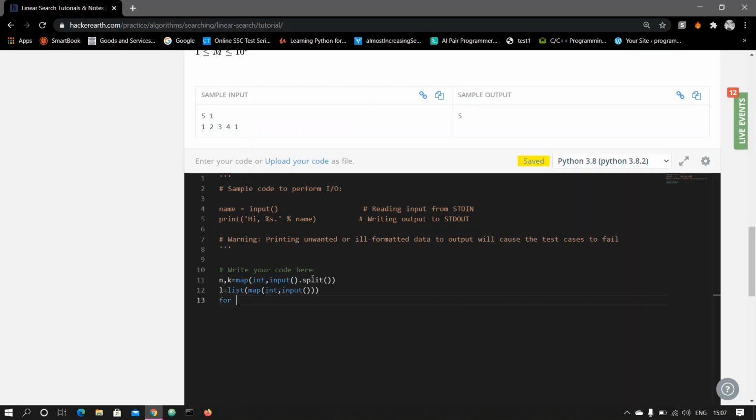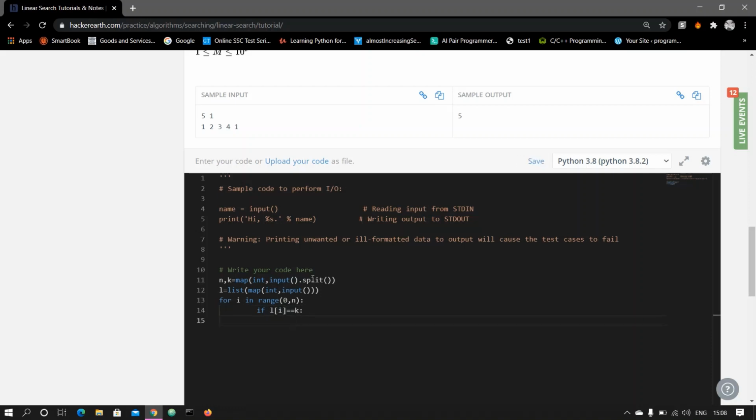We will create a for loop for i in range from 0 to n, and then we will write a condition: if the ith element of the list is equal to key or not.